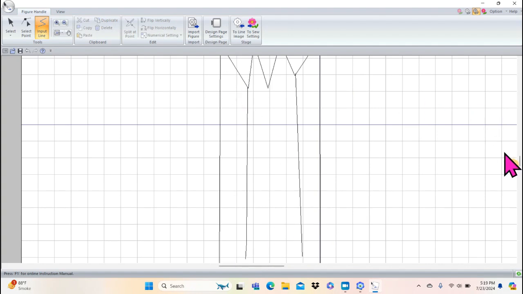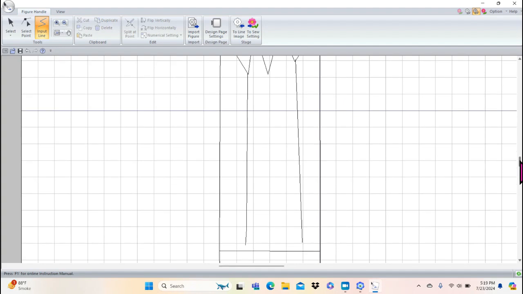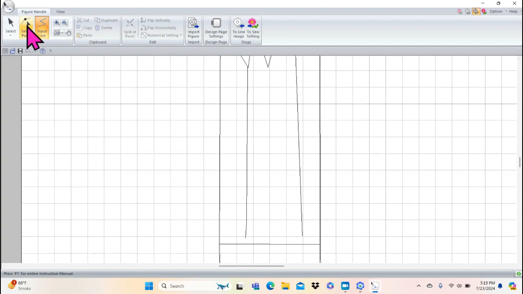Now, let's scroll down just a little bit more. Get the selector point, and I'm going to draw